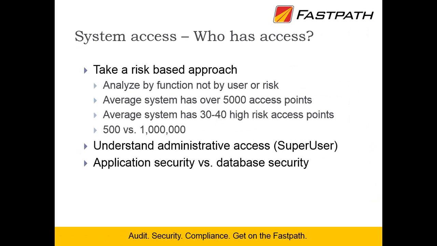The other thing is, it's a lot easier to find anomalies. Hey, wait a minute, why can Homer create a vendor, right? That's a pretty big risk. So it's easier to find the anomalies and the risks in a smaller data set than it is to find it in 1 million records. So even though it seems easy, I could just say, yeah, review your NAV security because every auditor is going to ask you if you did it. There is an approach, but again, it goes back to that risk framework you built at the beginning.